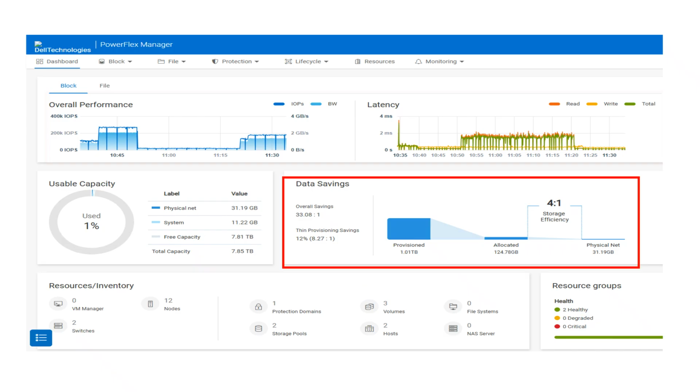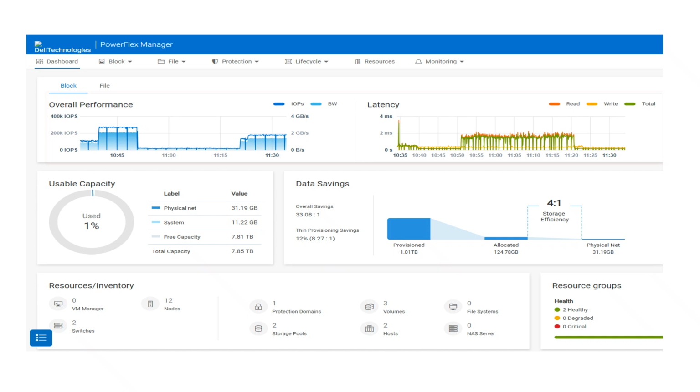Next we'll move to data savings. Here, with data savings, most of the people will get confused. See here,